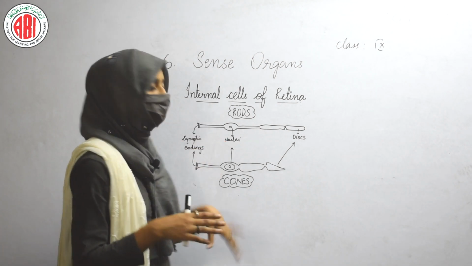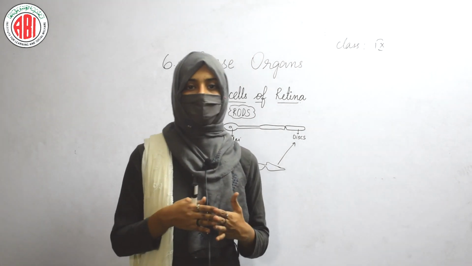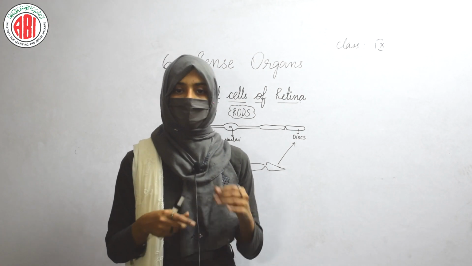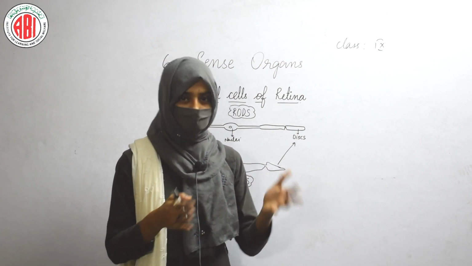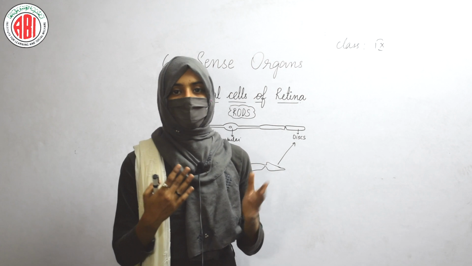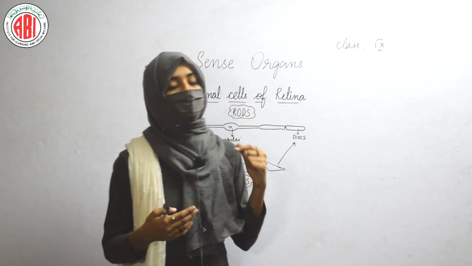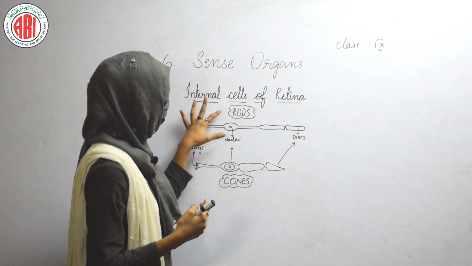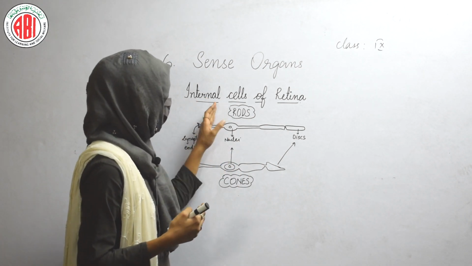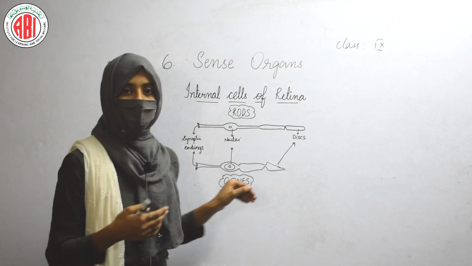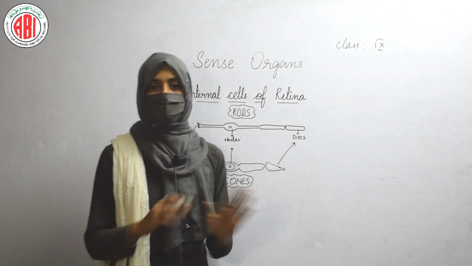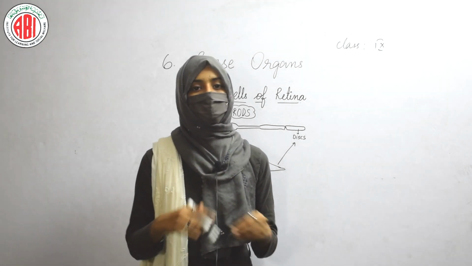Along with these cells, some other cells are also present in our retina, and those cells help us observe the movement of different objects, and also help us observe the edges of objects. But the major part of vision is carried out by these two kinds of cells, which are called rods and cones.